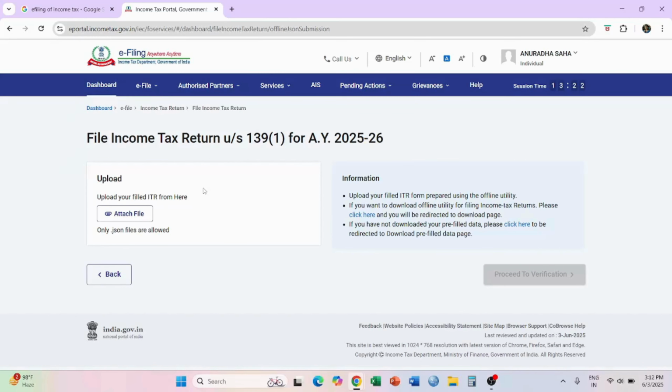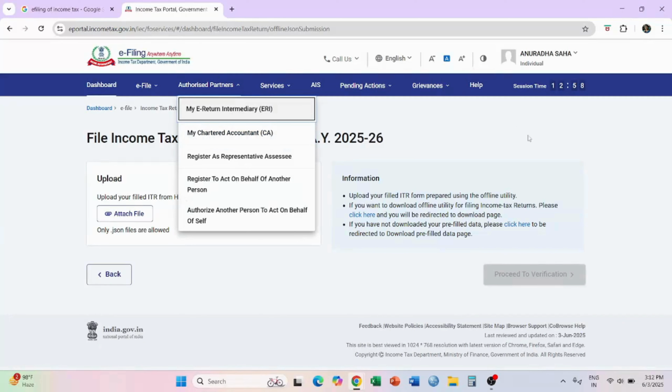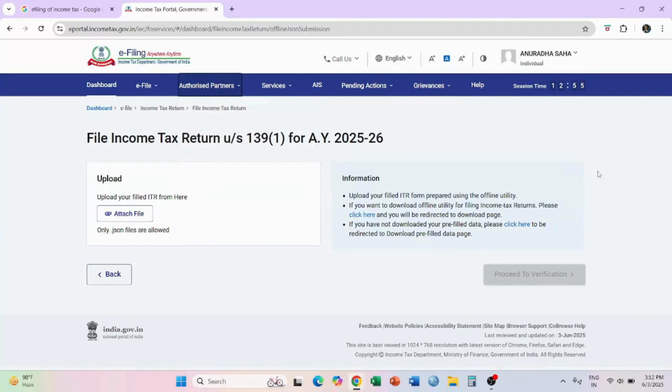From here starts the new journey of 2025's ITR return filing. Till last year, what we had done is we went to the dashboard and we got various steps where we had to put in all the data. But this time what they are doing is, they have given you this page. Now in this page, we have to click on these two options. We will have to attach our ITR return over here.